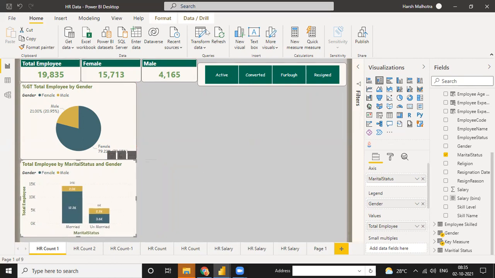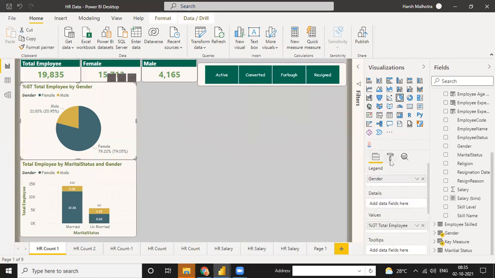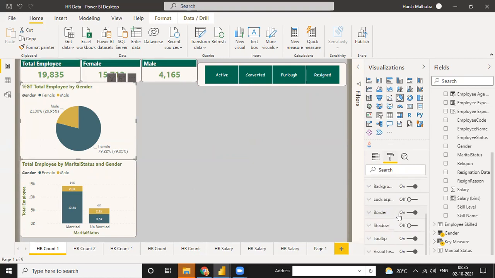So in visualization, that particular separate visualization, the corner edge we have got, like the curve. How did you get this? This is just simple. When you go to this and go to format, there is a border option. In the border, there is a radius function. See this radius. You can use 10, 12, 15 or 0.